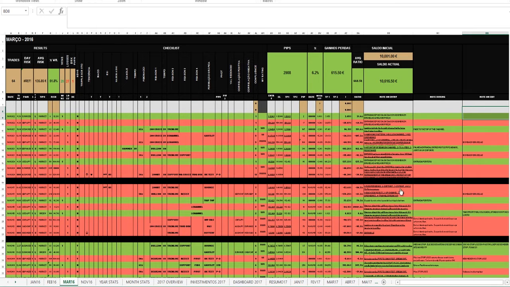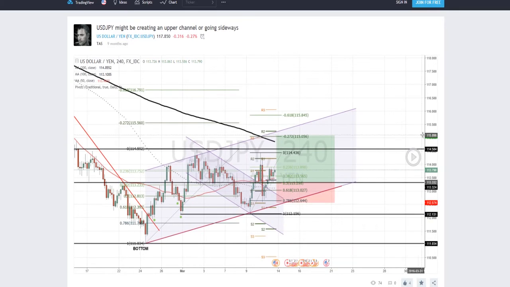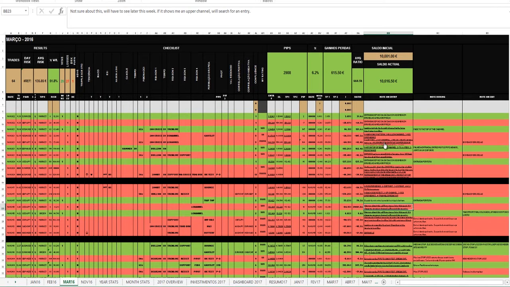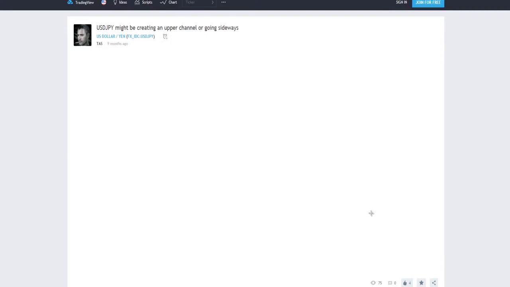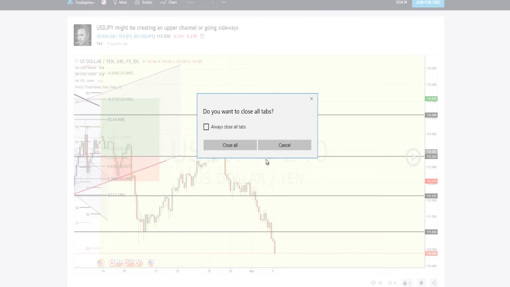at the end of the trade. But by March, instead of the images, I'd link to the TradingView chart, and I'd see why I went in. It's loading the chart. This was one that went wrong 9 months ago. It was a very different strategy than I have now, but by linking the reason you go in, you can always go back and see what happened, what was I seeing when I went into a trade, and what happened. This is actually the same link on